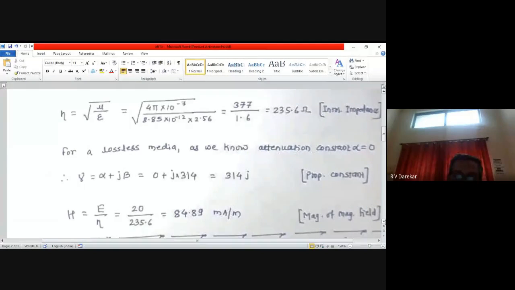That is, wherever the electric component is at its highest value, the magnetic component also will be at its highest value. Wherever the electric component is at its highest negative value, the magnetic component also will be at its highest negative value. Both of them are traveling in synchronism. That is nothing but the consideration of an electromagnetic wave.